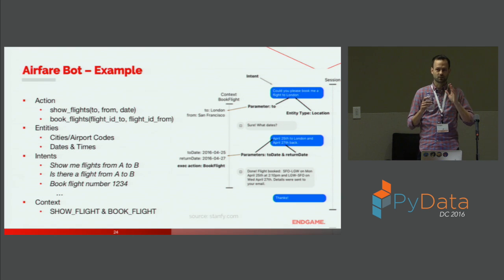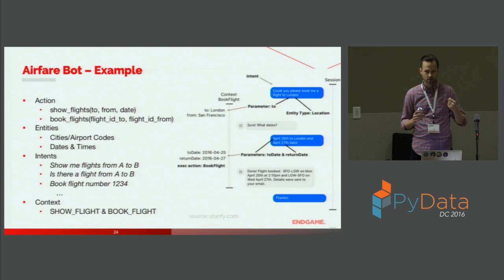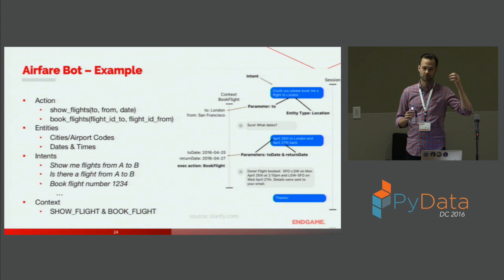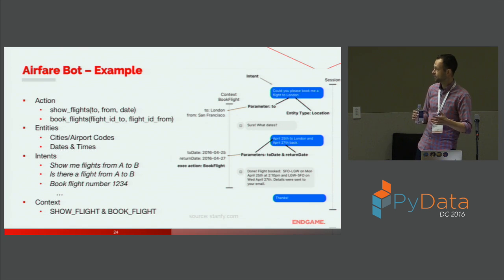The airfare bot is going to be very, very basic. It does two things: it will either show you flights or book a flight for you. Once you know those are your actions, what do you need in order to successfully do those things? When I'm on Kayak and I want to see flights, I just need to provide a to and from, maybe a date, and then I get results back. For booking a flight, I need a to and from, but in reality it's a flight number to, flight number from, and then a date. Those are the actions, the parameters, and the functions that feed the API that will produce the results that your chatbot will spit out.